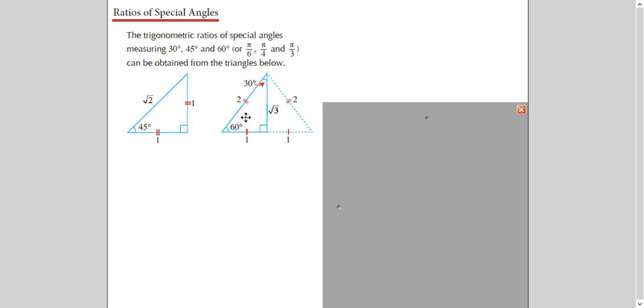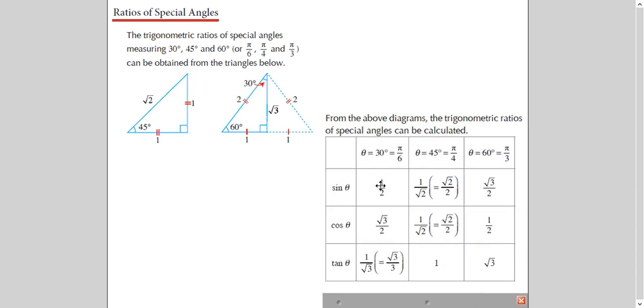Now, if this is 60, this is 30. So it's very easy for you now. Cos 60 is what? Adjacent over hypotenuse. Sine 60 is opposite over hypotenuse. So you can see it is written in the table also. This is a table of 60. Sine 60, if you see here, is opposite over hypotenuse. So this is the way you can complete the table and find the value immediately. You don't need to learn it by heart. It will take hardly a minute to draw the triangle and then figure out the values. That's fun.